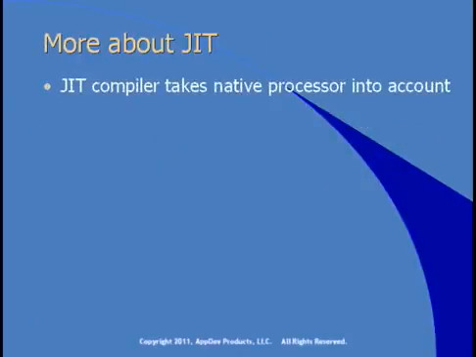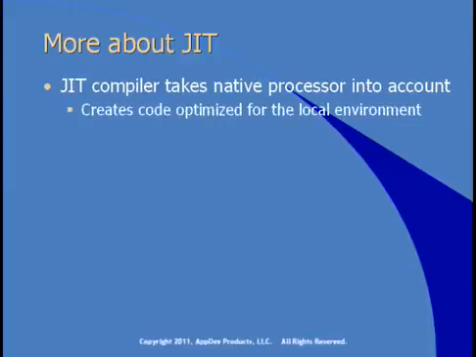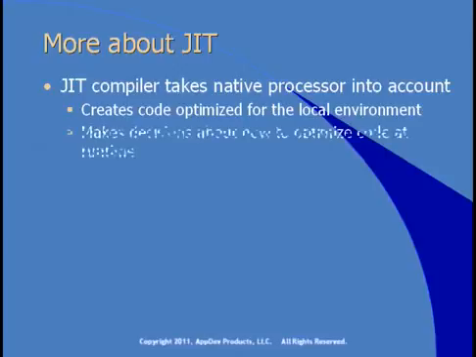The JIT compiler takes the native processor into account. It creates code optimized for the local environment, if it can. That is, the JIT compiler can make decisions about how to optimize your code at runtime. Therefore, if you were to install your application to a computer, say with a Pentium 3 processor, I know there's